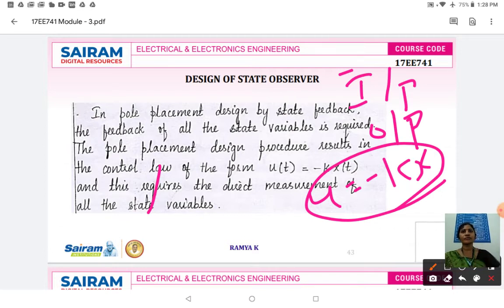In practical situations, as the order of the system increases, all the state variables cannot be measured properly. If the order of the system is low, it is possible for us to measure the state variables accurately. Whereas in many practical cases, as the order of the system goes higher and higher, measurement of all the state variables is not possible. So we have to find a new approach which is suitable for the approximation of the state vector.